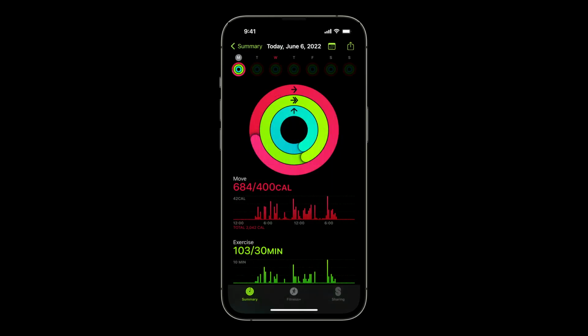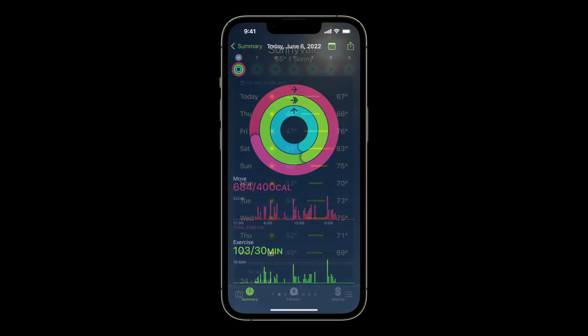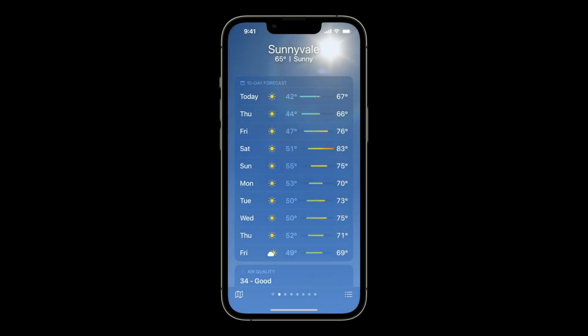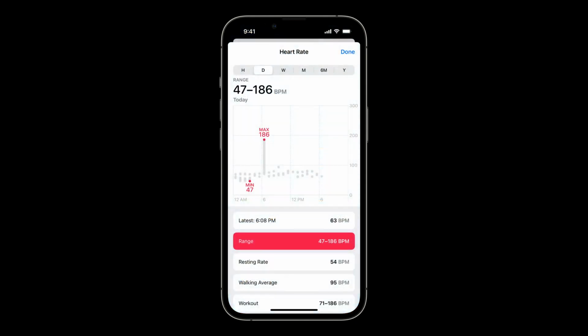You can use color to distinguish categories, as with the 3 activity rings in the fitness app. You can also use it to communicate intensity, such as heat in a weather forecast. You can even remove color to draw attention to features of a chart. Here, the Health app does so to highlight your minimum and maximum heart rate within a day.